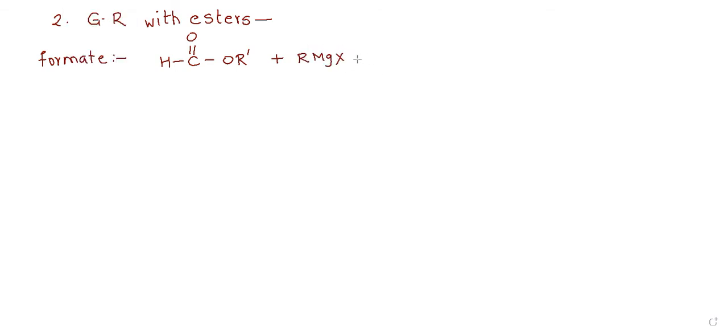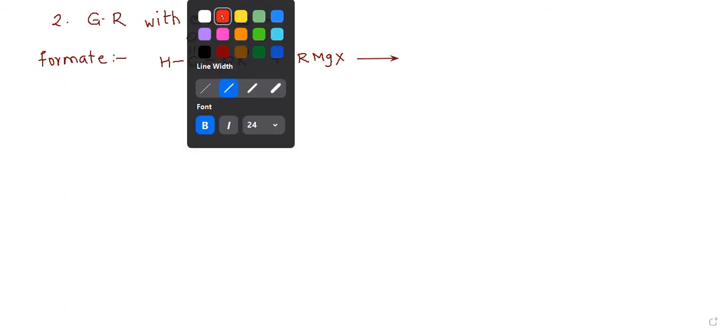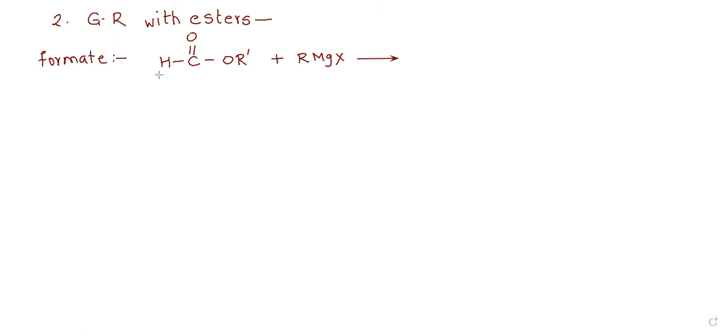So since we are writing in shortcut, we will write the product directly. Now understand the trick of the reaction. The trick is this way. From the ester part, pick up HC double bond O, attach it with Grignard's R group. I have underlined it. Remember it directly. HC double bond O from ester, R from Grignard. If you observe, we have created an aldehyde.